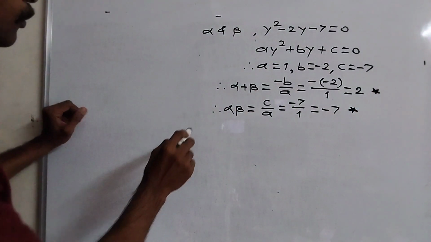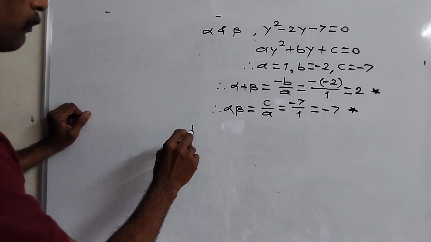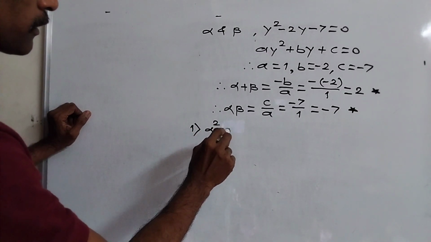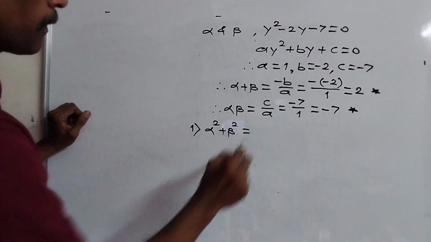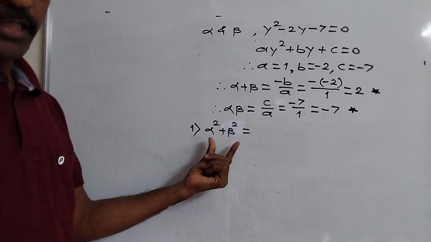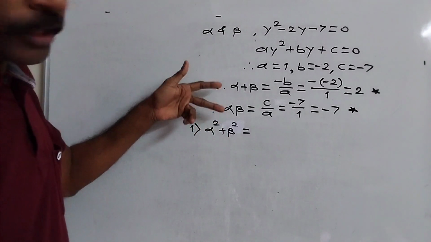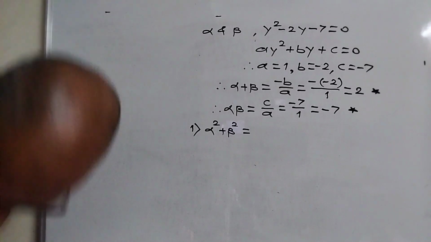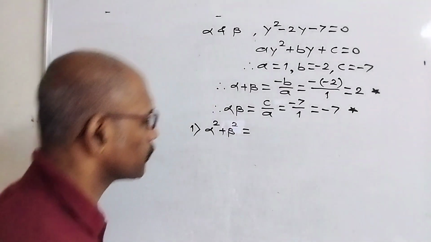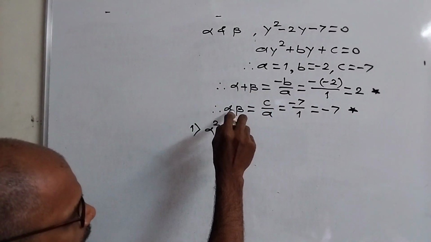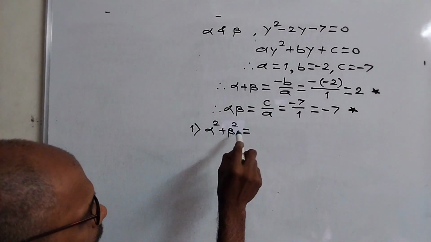Did you understand? Yes. Now find the value of number 1, alpha square plus beta square. Now we don't know the value of alpha square plus beta square. We only know the value of alpha plus beta and alpha into beta. So we reduce alpha square plus beta square into alpha plus beta and alpha into beta. See here,